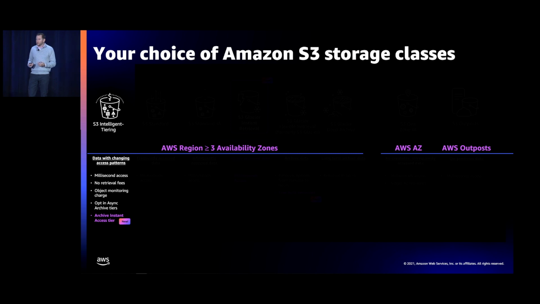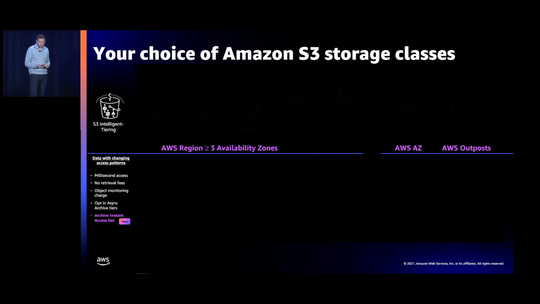So for data lakes, customers often use Amazon S3 Intelligent-Tiering, where data is automatically optimized based on how the data is being accessed. It goes all the way from frequently accessed data down to archival data. It's one of S3's fastest growing storage classes, and in a few moments, we'll spend more time on